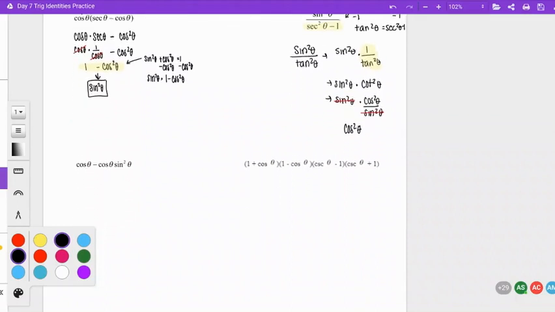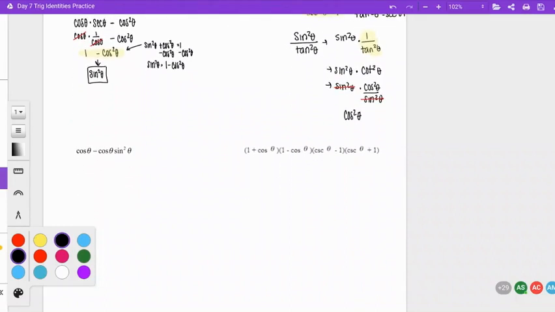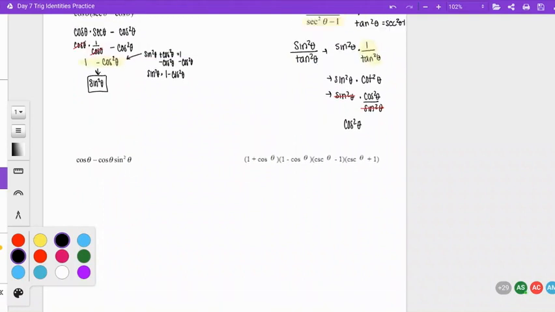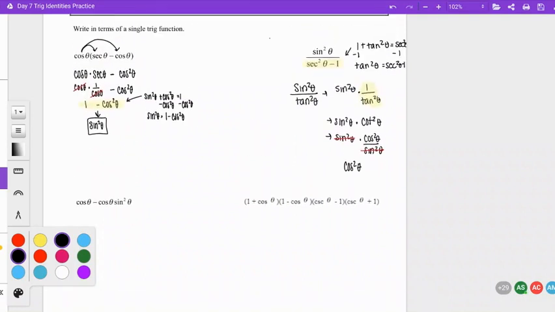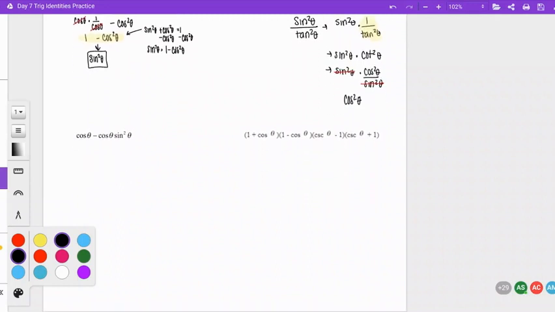Second video is now going to cover the next two examples, examples 3 and 4, in part because they do go hand in hand together. Just like we talked about in this first example up top, cosine of theta times the secant of theta minus cosine of theta. If you can FOIL out multiplication facts, just like we have in any Algebra 1 class,